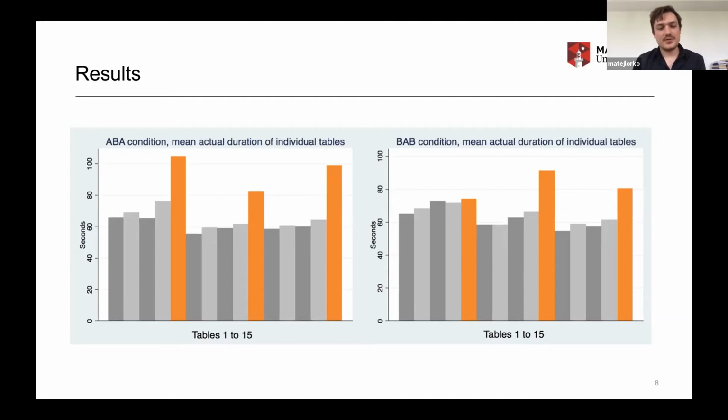So we recorded, for each subject, how long it took them to complete the individual table, right? So as you can see, the important ones are the orange ones, right? These are the first four, and here the orange one is the last one in the round. And again, the second round, four, and the fifth one,